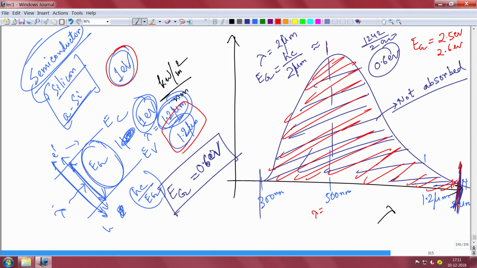But actually it is wrong. It is wrong because there are two things that will come subsequently in this chapter. It is not only necessary that you absorb everything that is there in the solar spectra, then you can use a small band gap material, but there is something called open circuit voltage. We will come to that. So, it seems obvious that if I use a very narrow band gap semiconductor, all the sun spectra will be absorbed, but the problem is there is something called open circuit voltage,